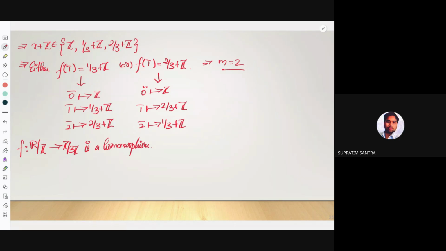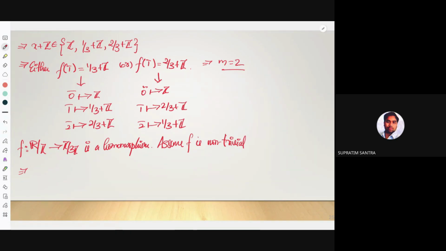So we always have one homomorphism between any two groups, which is the trivial homomorphism, where every element of G goes to the identity of the codomain. So that we always have. And that's called the trivial homomorphism. So we'll take f is non-trivial,